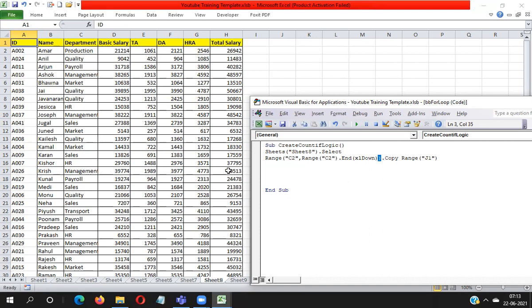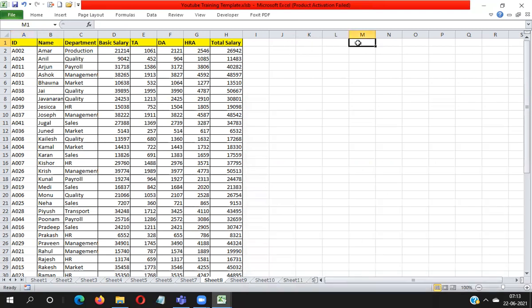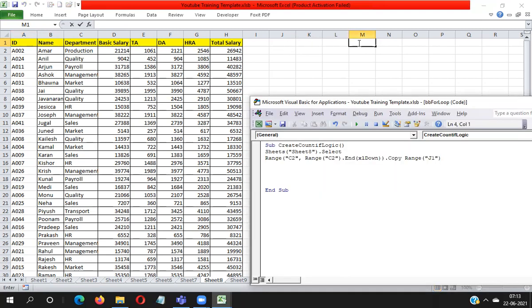Now I have to remove the duplicate values after pasting data into the J column. So I have to write Range J1.